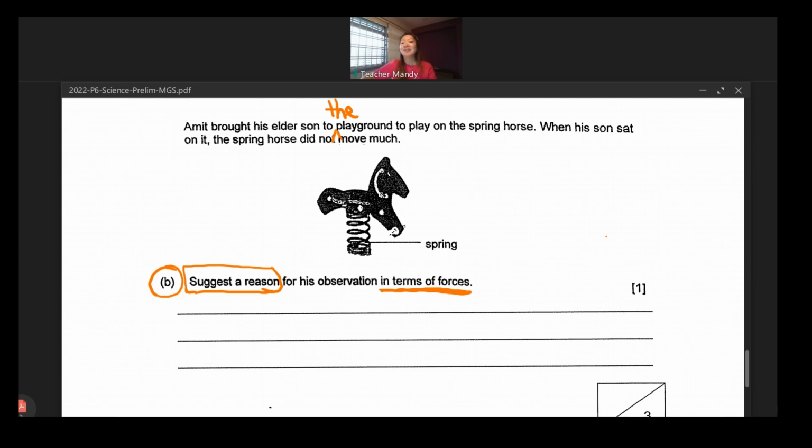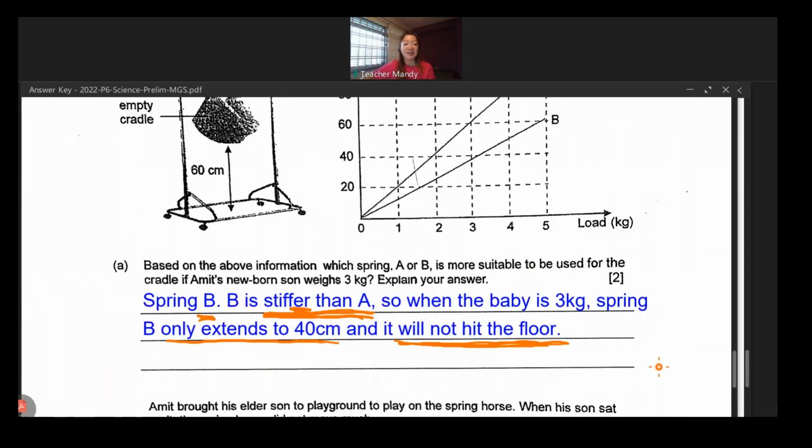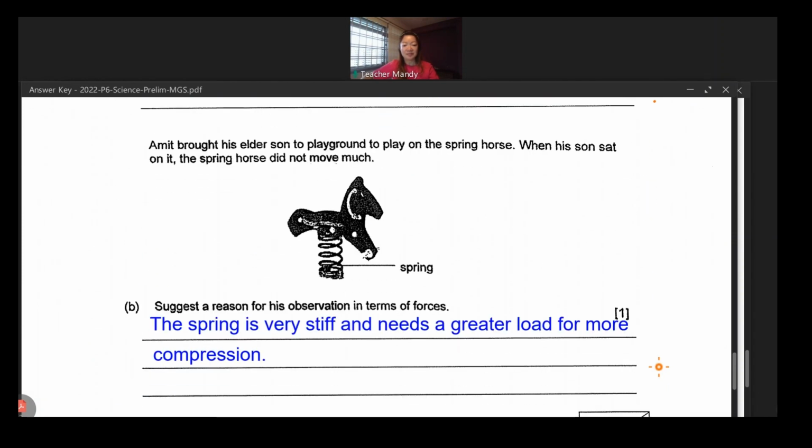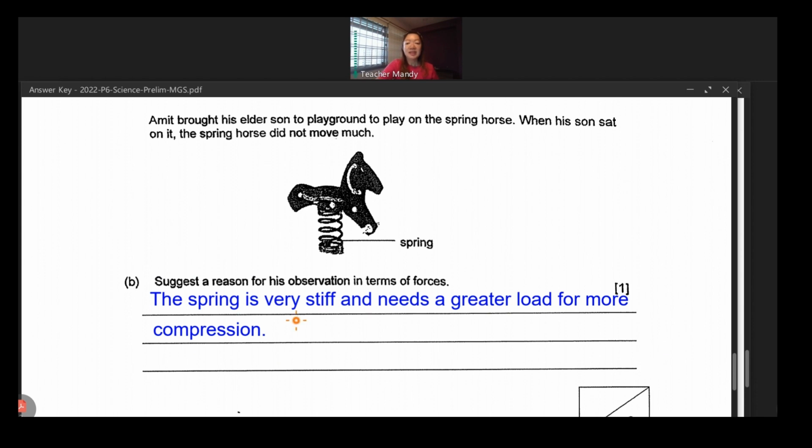You can say that, all right? But you can also use another term that is very helpful in this situation. Now, the spring is very stiff and needs a greater load for more compression. And you're like,